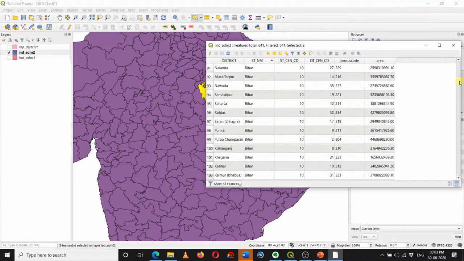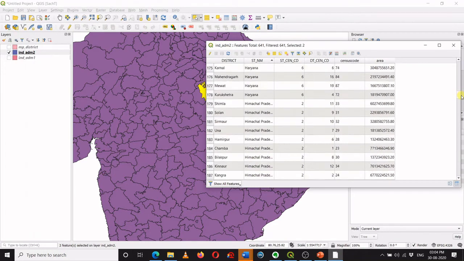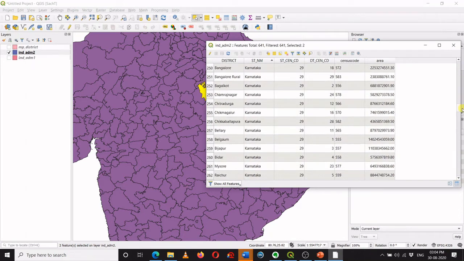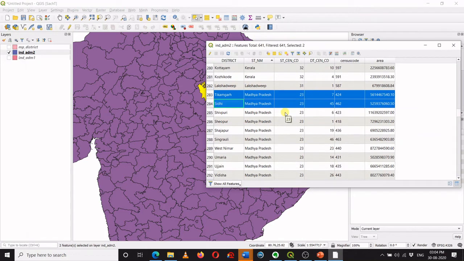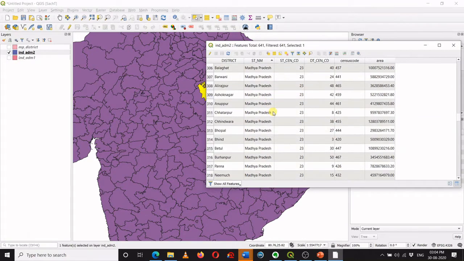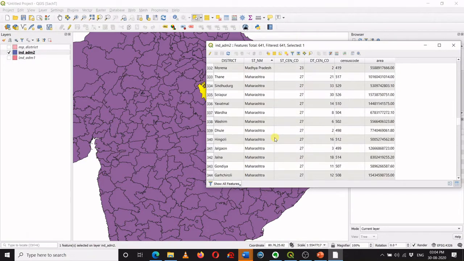So I can go down. Yeah, so now I have all the values of Madhya Pradesh over here. The values are starting from here, and I can select all these values by pressing shift. So I will select the first value, then I press shift, and then I will scroll down and select the last value, which is over here.